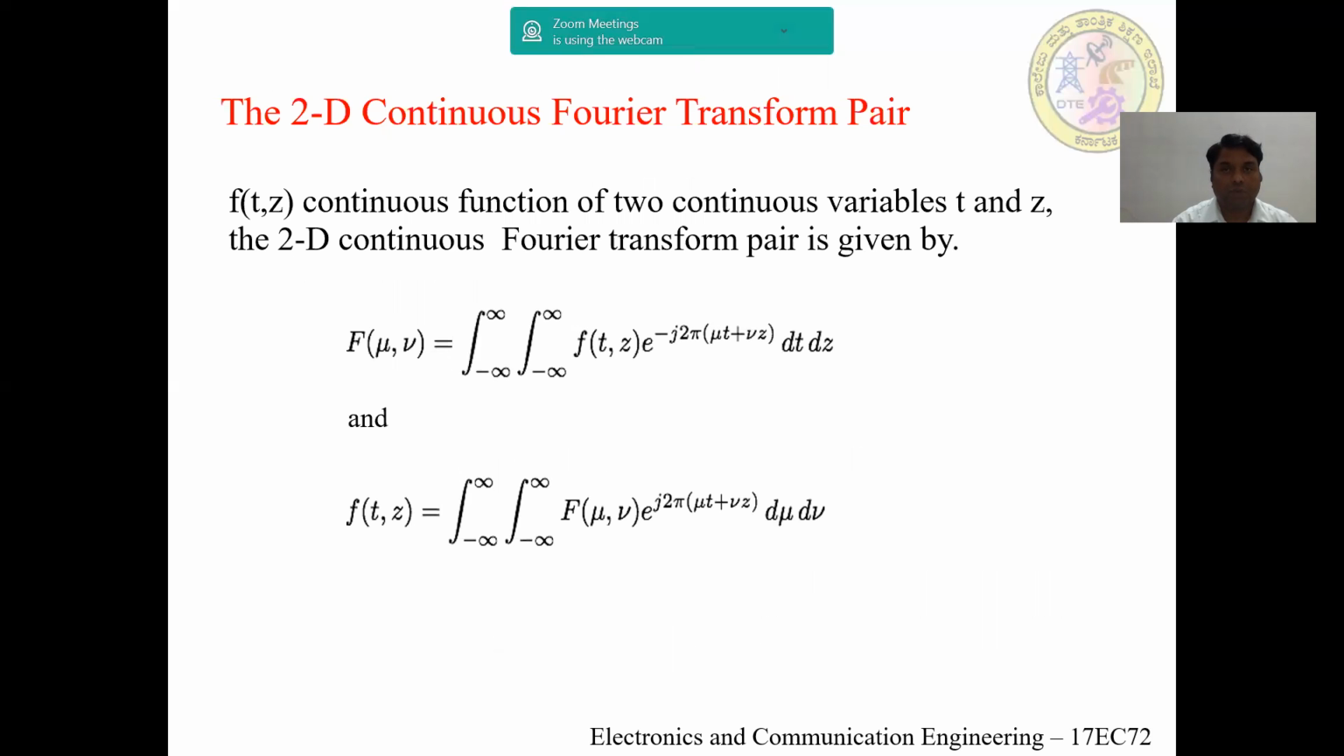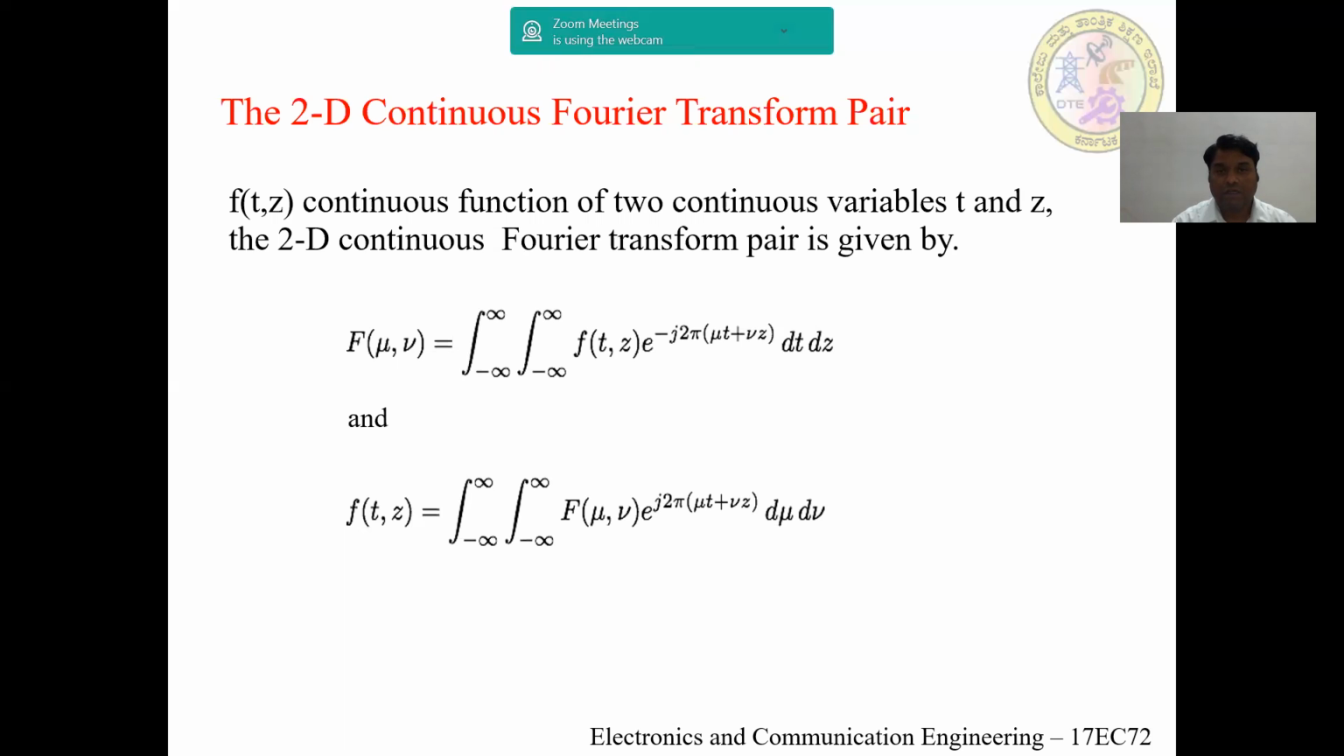The 2D continuous Fourier transform pair. The function f(t, z) is a continuous function of two continuous variables t and z. The 2D continuous Fourier transform pair is given by F(μ, v) equal to the double integral of f(t, z) e^(-j2π(μt + vz)) dt dz. The integral varies from minus infinity to plus infinity,